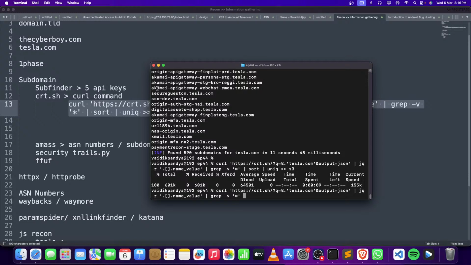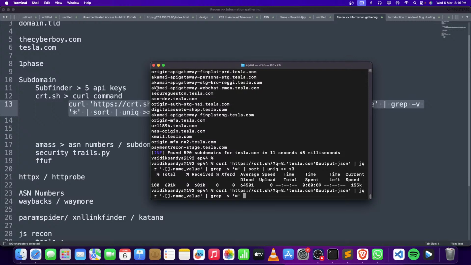Now we can use Amass for it. Amass enum -h. What are we having? We are having a subdomain. So we'll just give the -d for it. I guess that's the exact command here. Yeah, domain name. So we can use -d tesla.com and then just save it. I think there's a -o here. Yeah. So you can simply go with -o s4. It will try to find all the